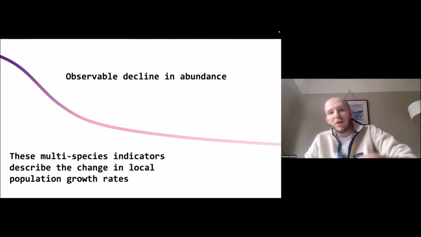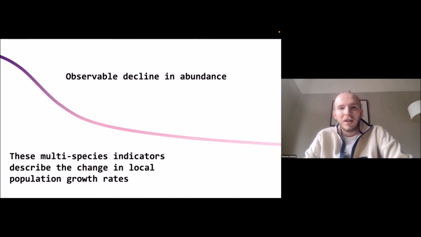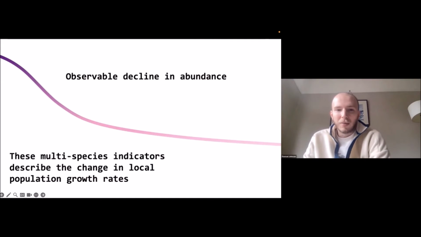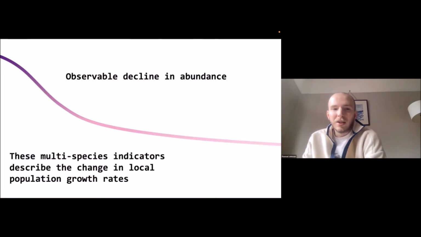So let's imagine we've got this figure again. We've got this decline in biodiversity. Looks an awful lot like the Living Planet Index or the European Breeding Bird Index. And these indices are derived